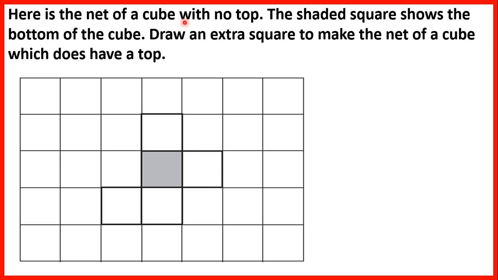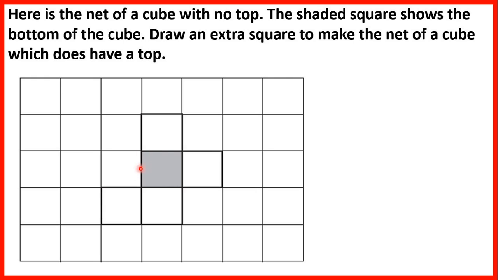Here is the net of a cube with no top. The shaded square shows the bottom of the cube. Draw an extra square to make the net of a cube which does have a top. So we know that the shaded shape or the shaded square is the bottom, and then this side and this side here will fold up, and then this face here will fold round, so it will cover this side of